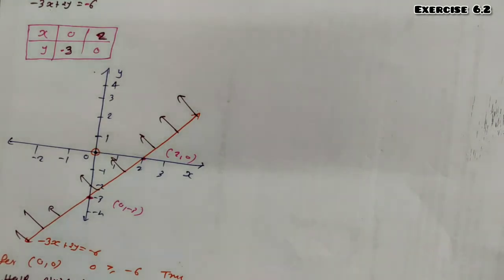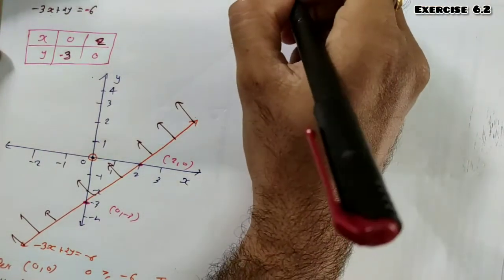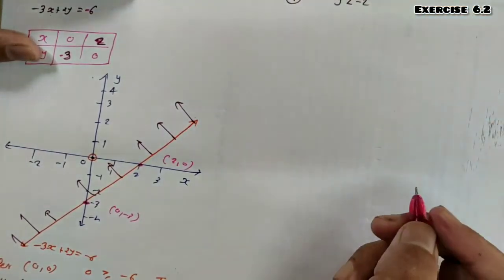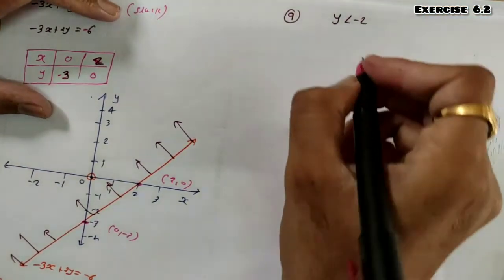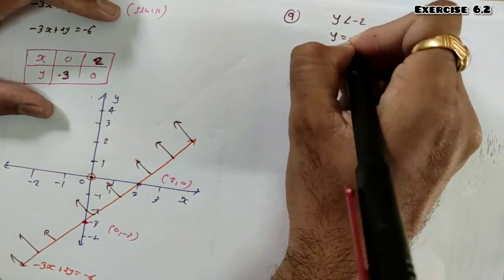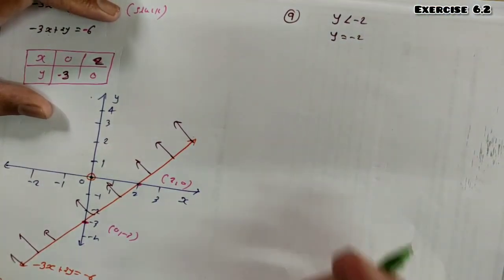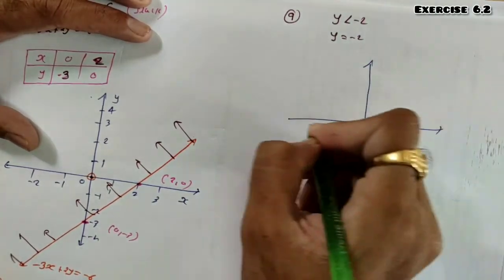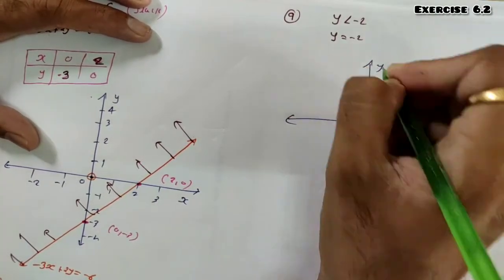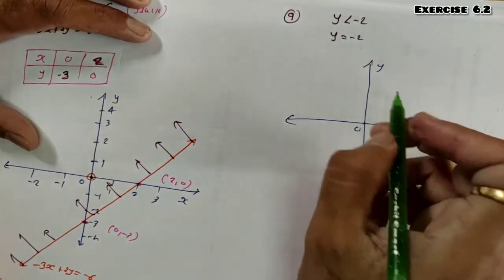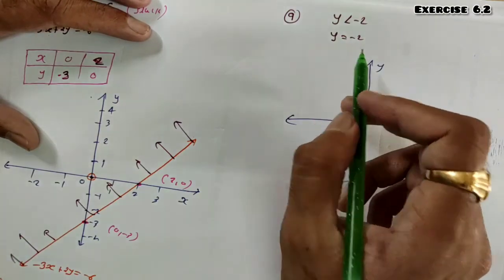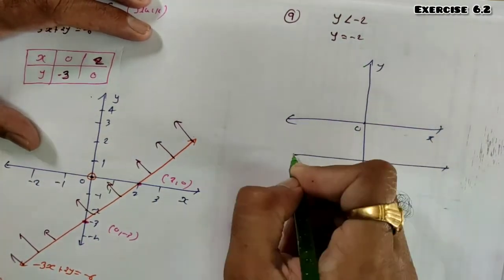And question number 9, look, inside it there is only one line, so maybe some confusion can come. So question number 9, here we are given y less than minus 2, right? So the value of x is 0. So here the equation of the line will be y equal to minus 2. So you can directly draw the graph. Now this is our x-axis and y-axis. This is 0. Now what is the graph of y equal to minus 2? It is the equation of a line perpendicular to y at minus 2. So this one is y equal to minus 2.